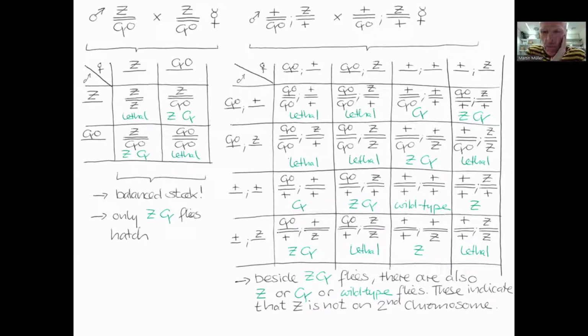But anyway, this is how you map your mutation if you are not sure whether it is on the second or on the third. It could also be on the fourth, of course, but as I mentioned in the lecture, the fourth is only 1% of the genome. You rarely happen to work with genes which map to the fourth chromosome. Okay,